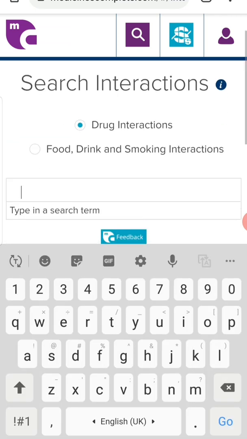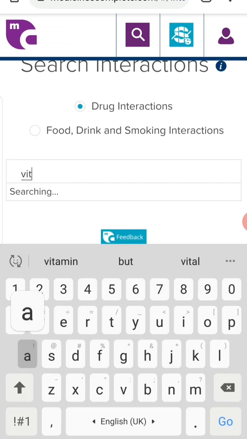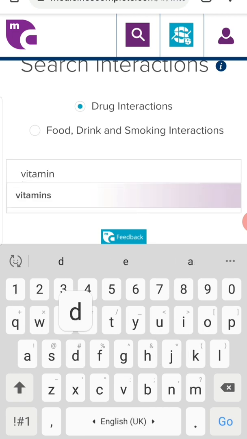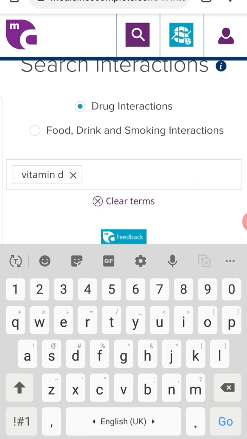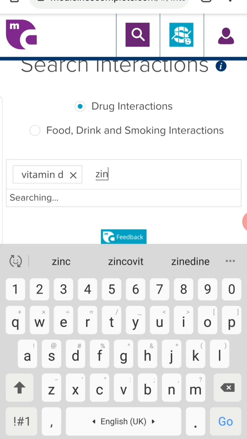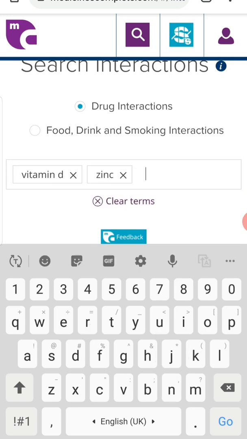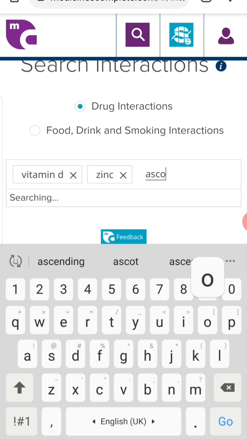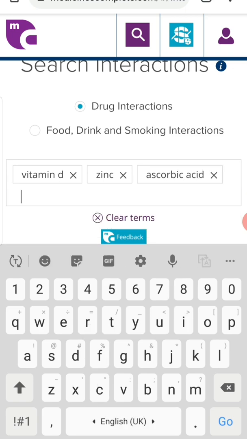So let me type some of the drugs used for corona: vitamin D and zinc, and ascorbic acid, and vitamin B12, cobalamin.